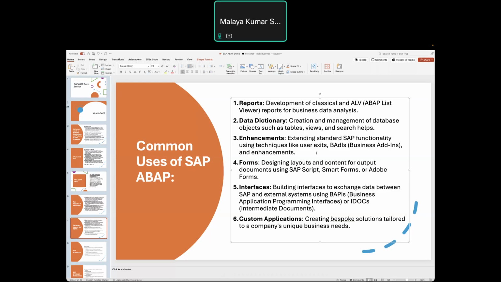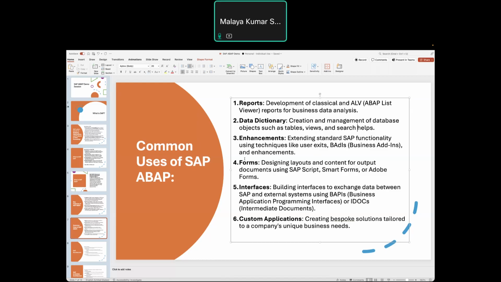Okay, so these are a few enhancement techniques: user exit, BADIs, and enhancements. When we create enhancements, we'll go into that in detail in the technical part.